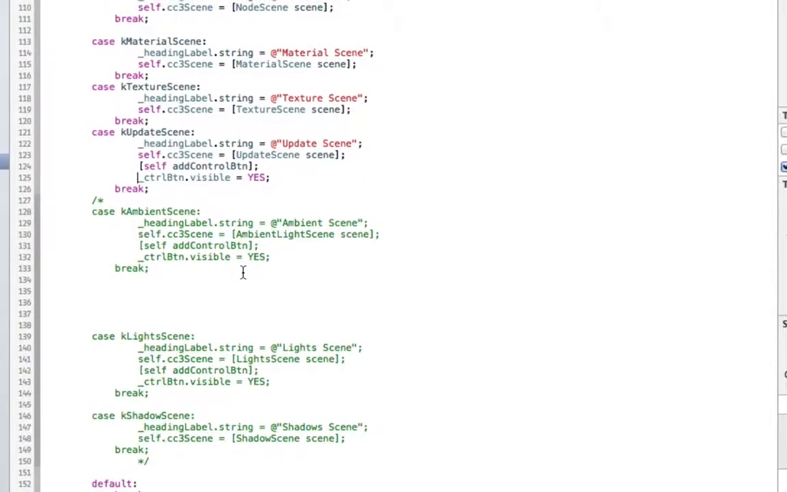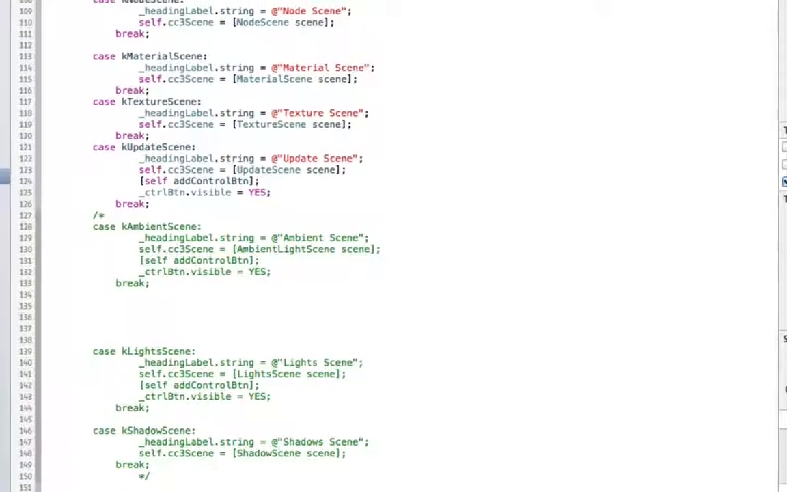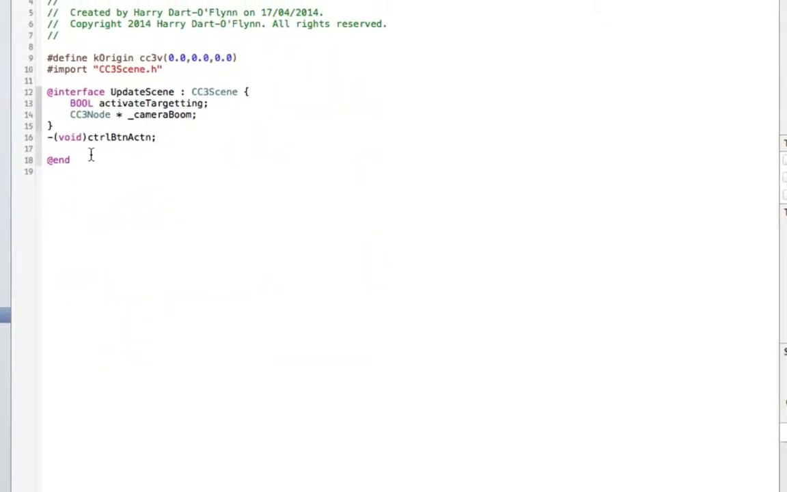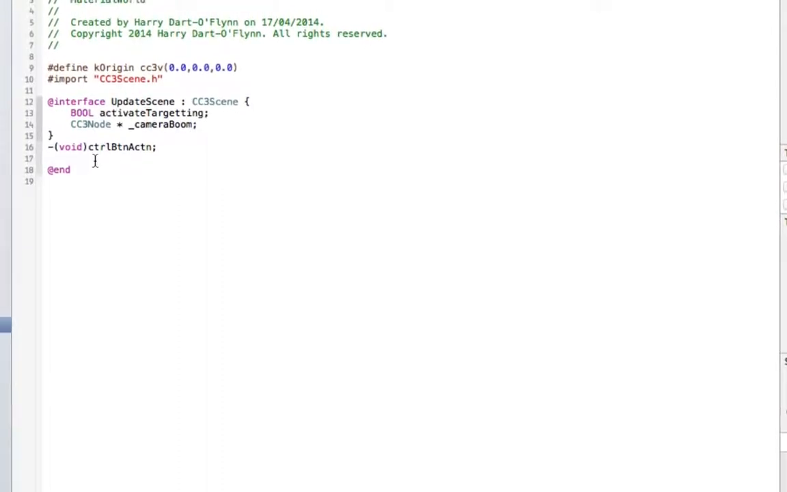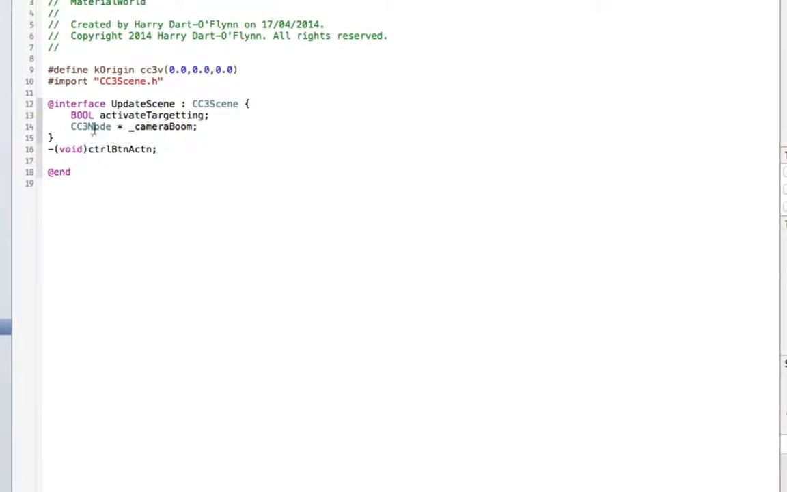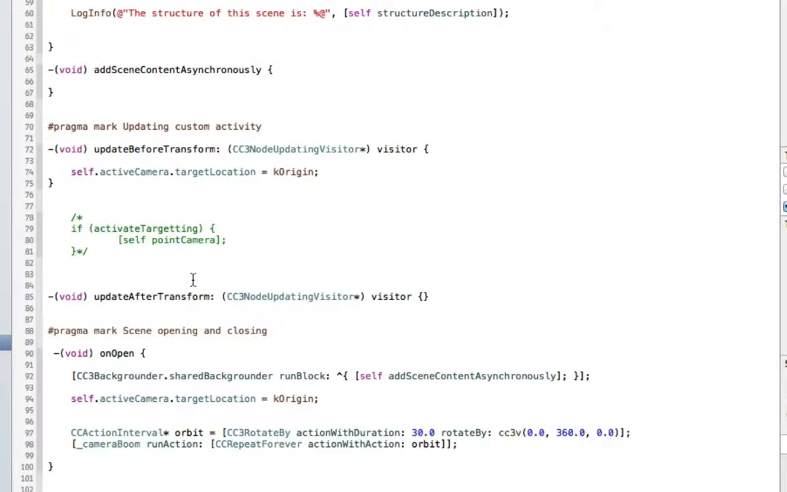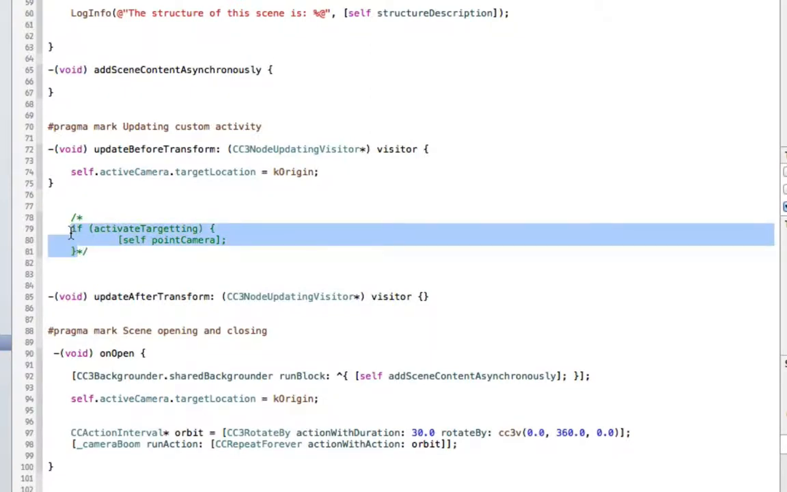Okay, so then if I look at the update scene itself, we see that we actually have this method, this control button action. We also have a controlling boolean called activate targeting. And when I now go into the scene, I'm going to take this guy here and copy him and put him in there